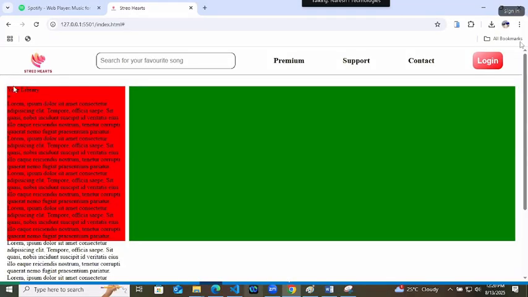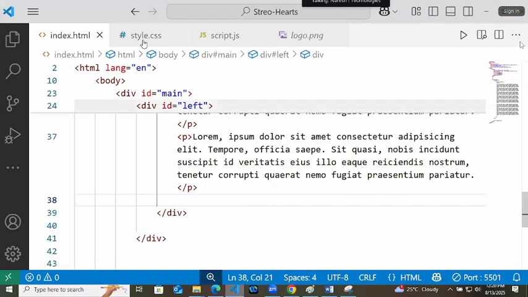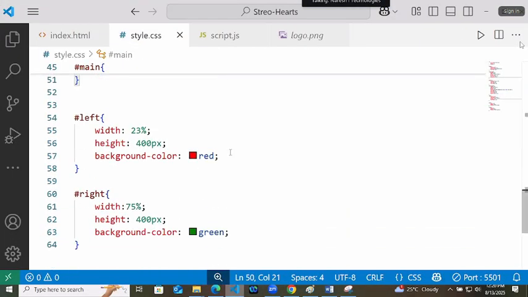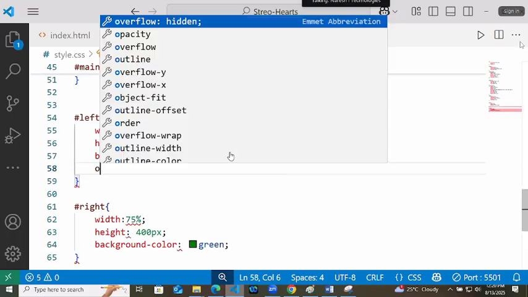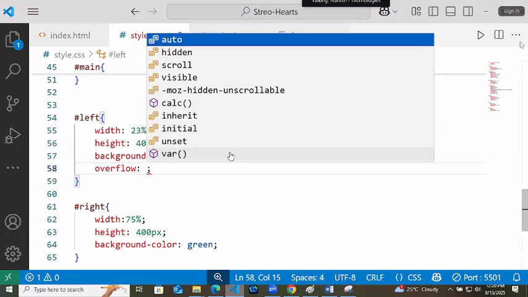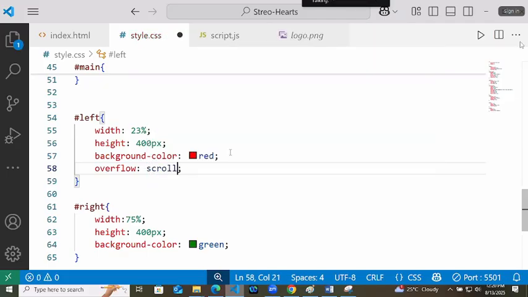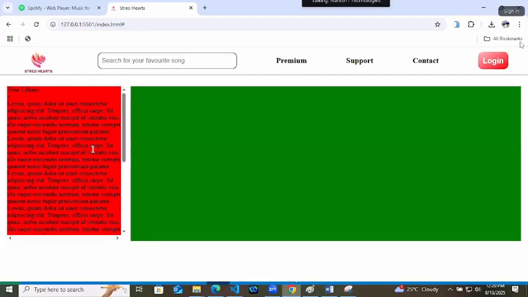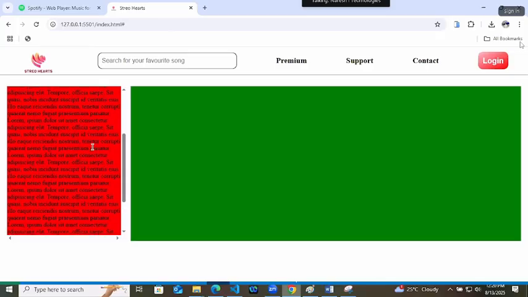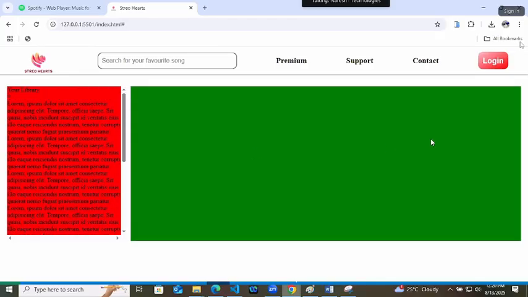So what is the name of this parent? Left. I will go to left and I will say that whenever you are getting overflow because of your child, you start scrolling. Overflow, scroll. Now what will be the output? Your left side will scroll separately and the right side whenever it has to scroll.